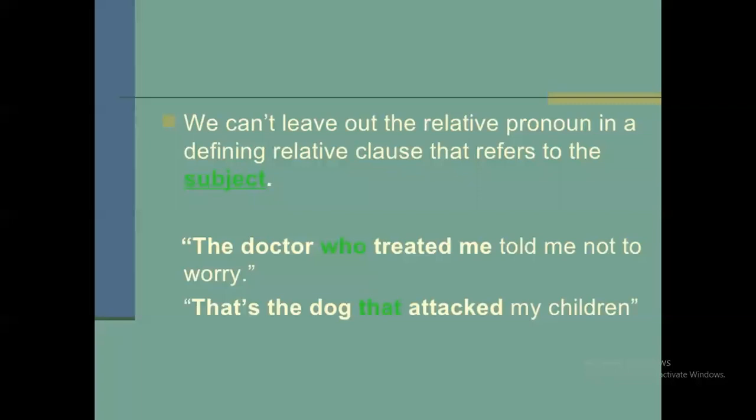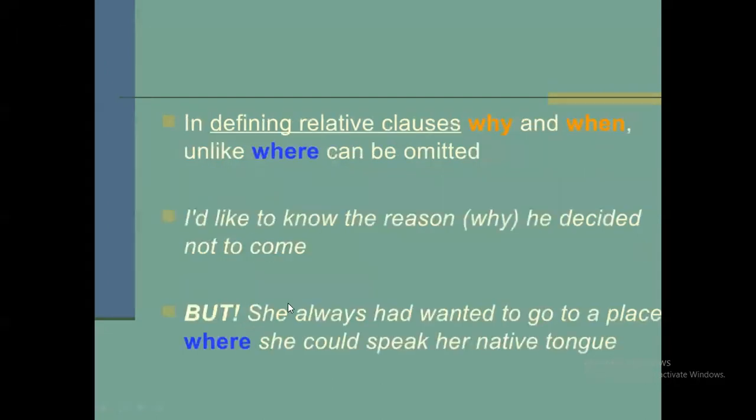That's the dog that attacked my children. That هون هي عبارة عن relative clause عرفت subject the doctor. Okay. Indefinite relative clause: why and when, unlike where, can be omitted. كيف يعني؟